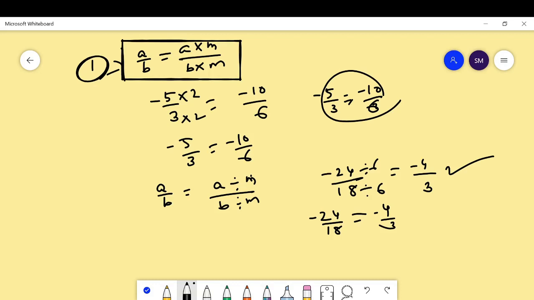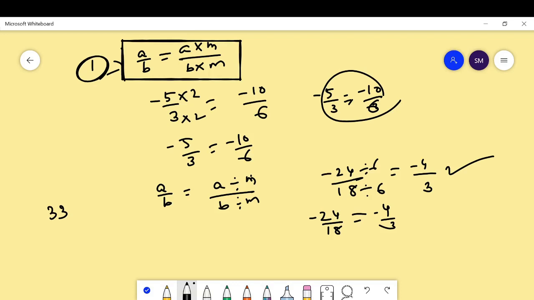In the same way, what do we mean by the standard form of a rational number? The standard form of a rational number is one in which there is no negative sign in the denominator. If you get a negative sign in the denominator, change it into the numerator. What do we mean by standard form? First property: there will be no negative sign in the denominator. And the second thing about the standard form of a rational number is that it is in the lowest terms.